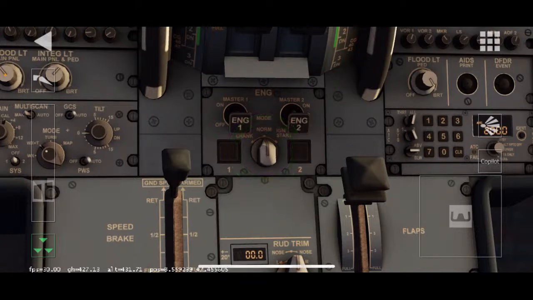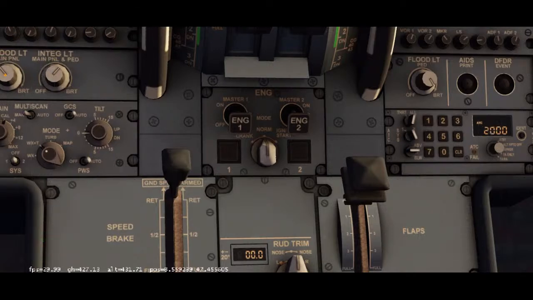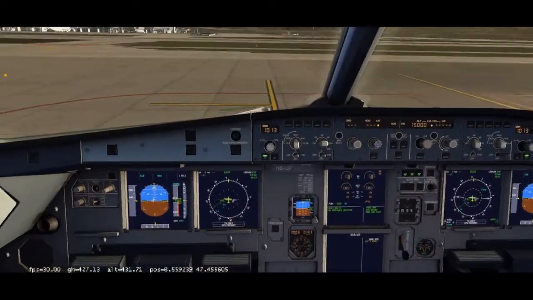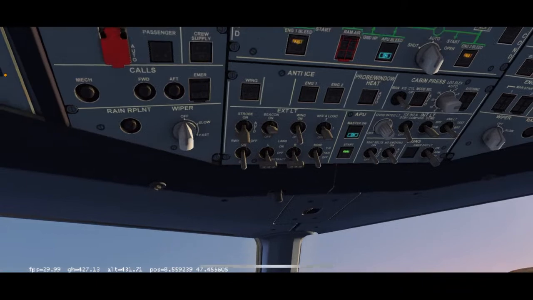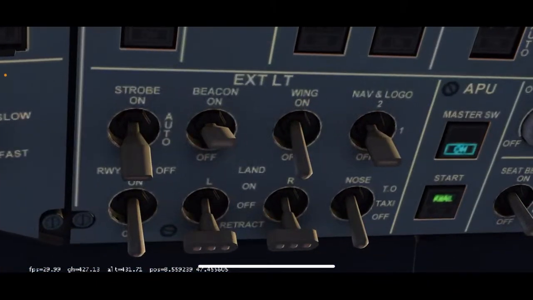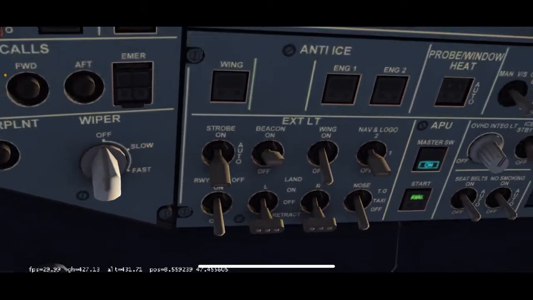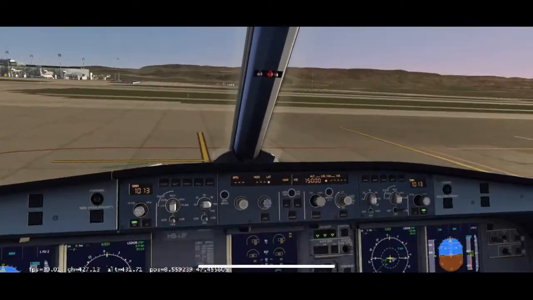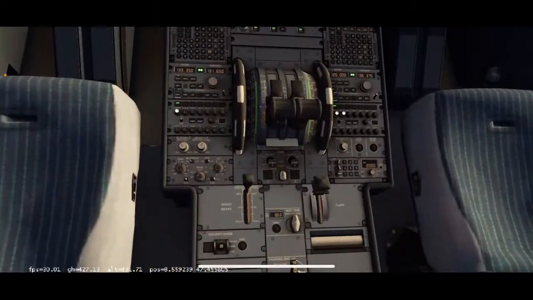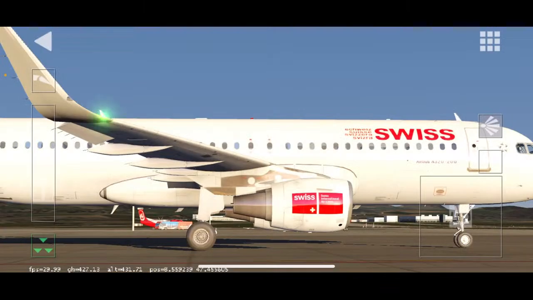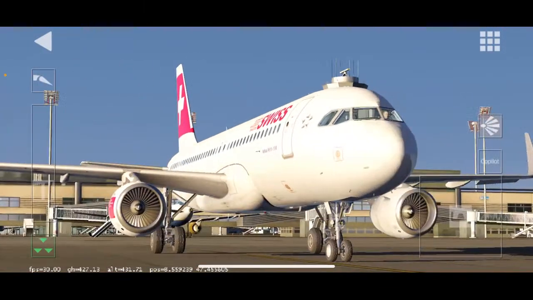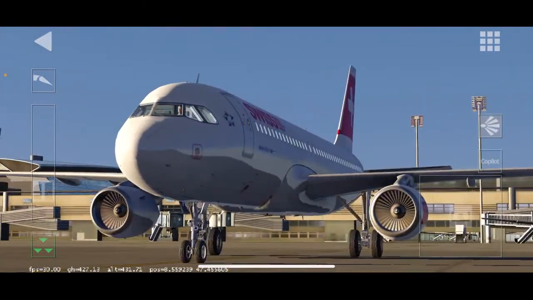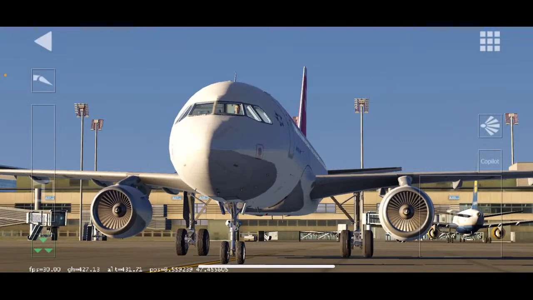Yeah, you're right, Casper. Beacon light. I see what you were saying now. Make sure that before you go down here, your beacon light is on, letting everybody know to be clear of the engines. So yes, actually, I got that message. Thank you, Casper. Make sure that beacon light is on before you start up your engines. So double check that. Yes. Go back down here. We'll actually do an external check. That red light is flashing, letting everyone know that our engines are going to be starting up very shortly.